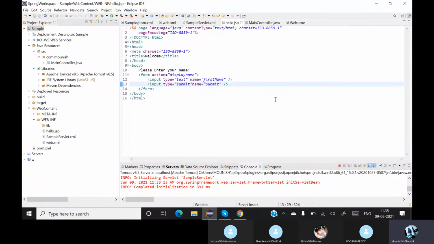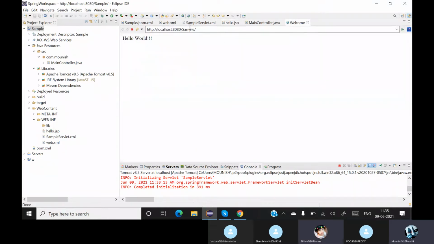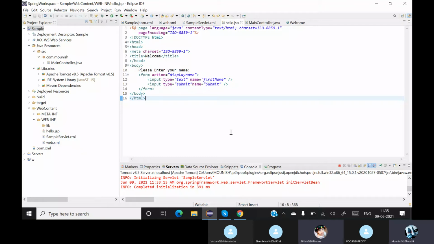So any other changes need to be done? Sir, that is value, not a name. Input type equal submit value equal submit. Input type equal submit, name, value, right? The value should come, you mean? Yes, sir.